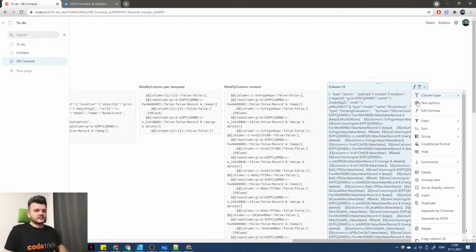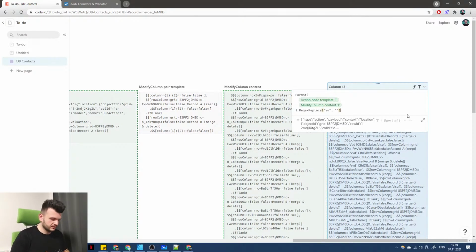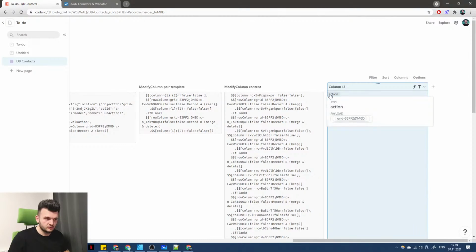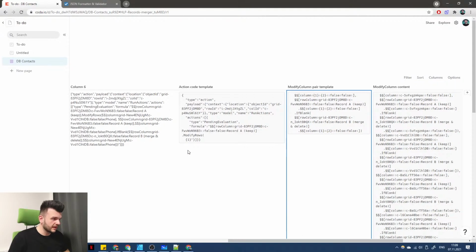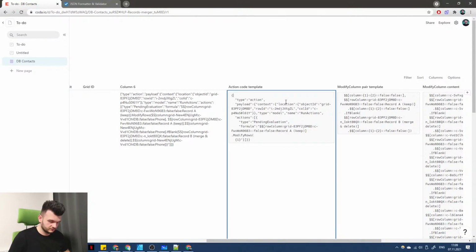Finally this thing is valid, so let's parse JSON, and we have an action that's not really a control object. We need to parse JSON. We need to wrap this thing into yet another